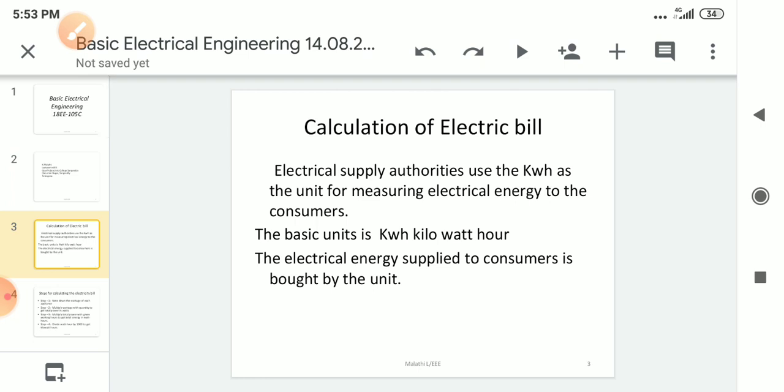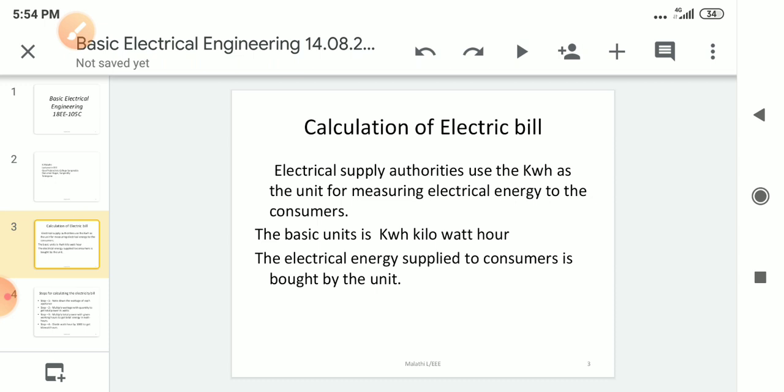In this video we are going to solve some more numerical problems for the calculation of electricity bill and the heating effect of electric current. By using this concept, we are using so many appliances in our home as domestic appliances and industrial appliances. In that, we will see the different appliances like infrared lamp, iron box, kettle, heater, like that. So many applications. One by one, we will study about that.